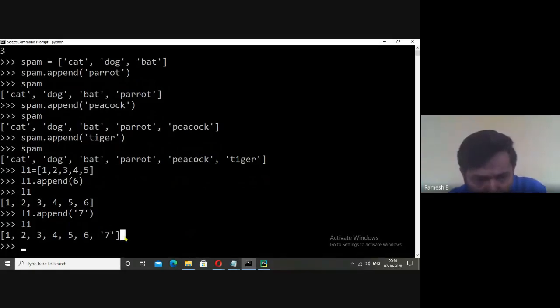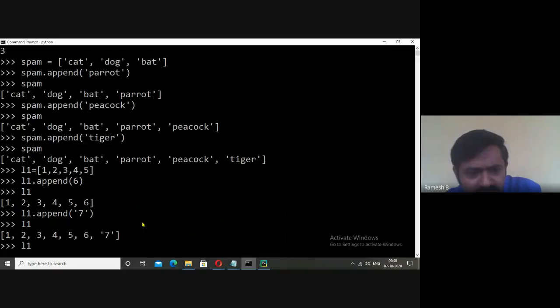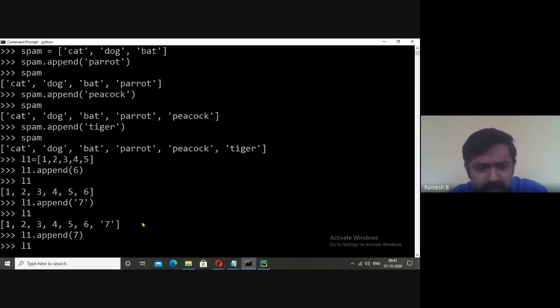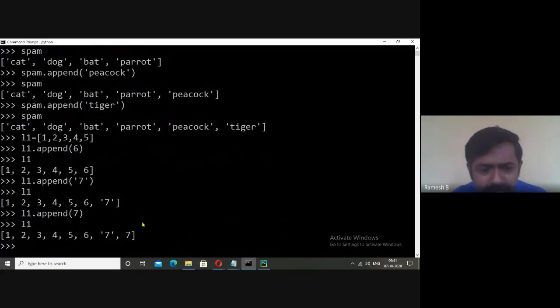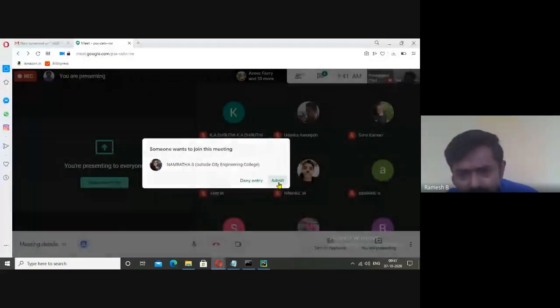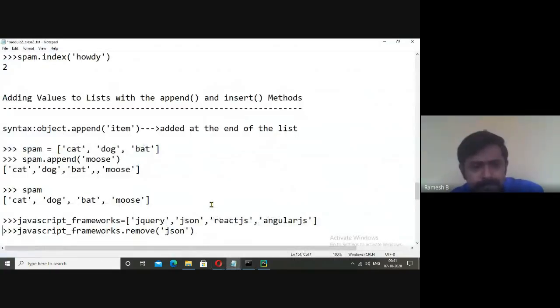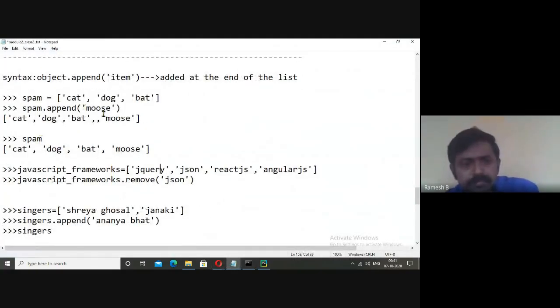But we don't want that one. We want 7 to be inserted. If you want to insert the 7, so L1 dot append 7. Now we will check whether it has been appended or not. It has been appended. 7 has been appended. In this example, moose has been appended. Similarly here,